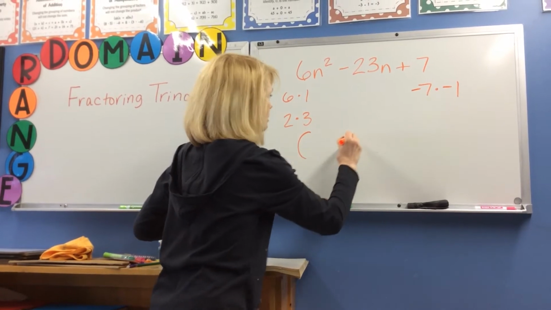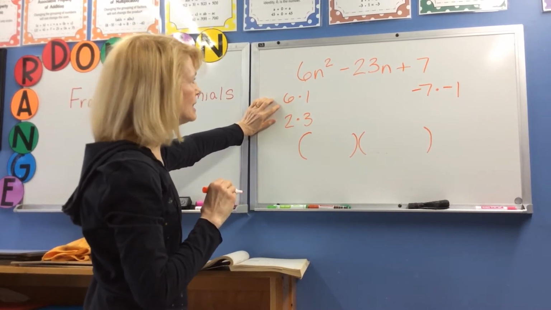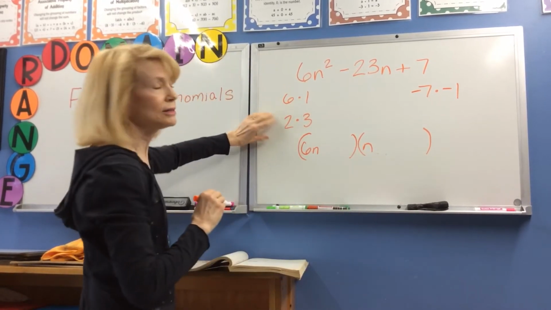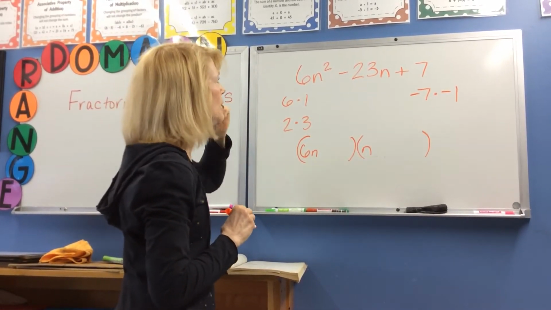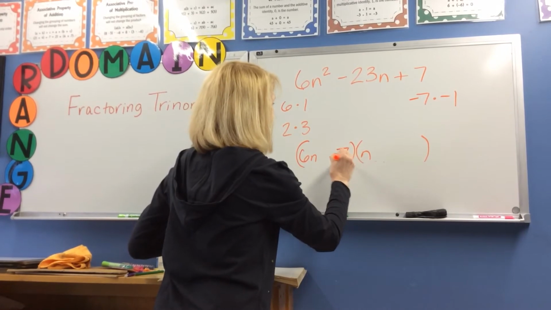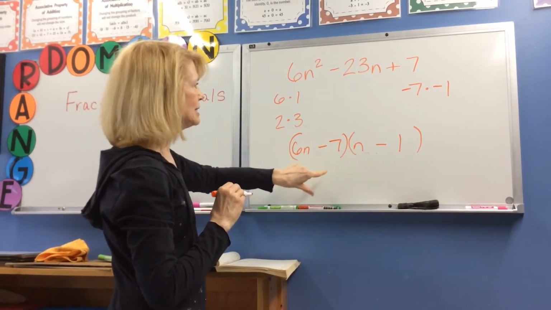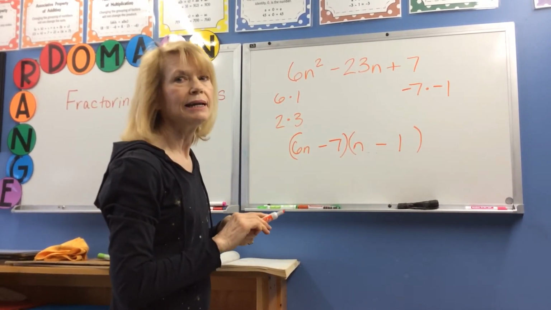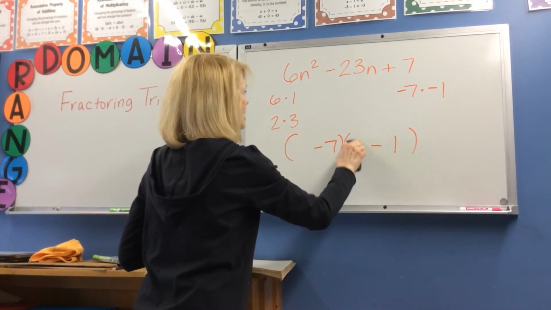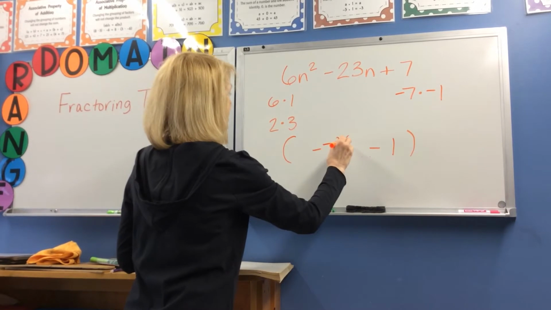So I'm going to move down here where I've got more room. And we're just going to try 6n and n. And you could have started out trying 2 and 3, whatever you want to do. Okay, now I'm going to put negative 7 and 1. So if I have negative 7 here, and negative 1 here, I end up with minus 7n minus 6n, and that's negative 13, so I know that's not right. So let's try, I know that the negative 7 and the negative 1 are right. So let's try,